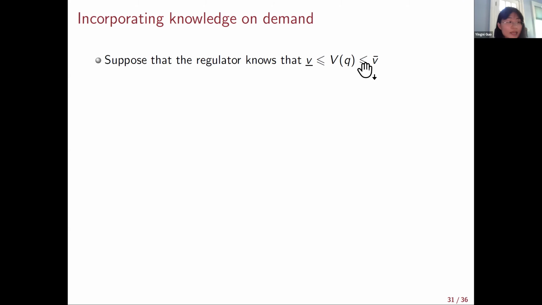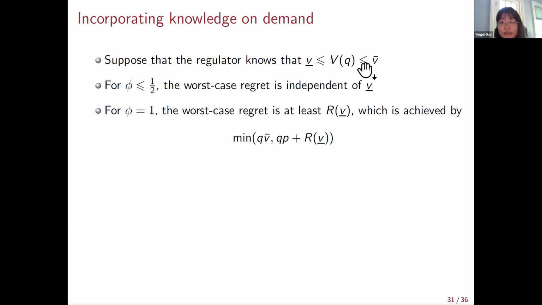So in this case, we can show that if the firm cares a lot about the consumer surplus, so phi is smaller than 1/2, everything stays the same. So this information doesn't make regulators' life much easier than before. The basic intuition is that if phi is very small, the regulator is mainly concerned about the redistribution and efficiency, right? So the trade-off is between underproduction and protecting consumer surplus. So this lower bar doesn't make regulators' worst case regret smaller.